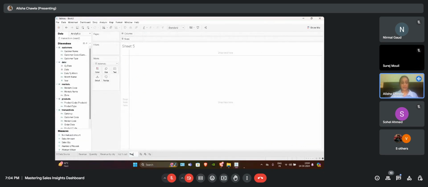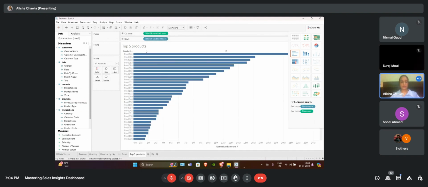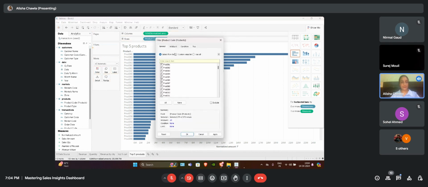Next, we have to create our top 5 products. Here we want our product code and our sales amount. Again, what we have to do, we have to drag product code to the filters pane.